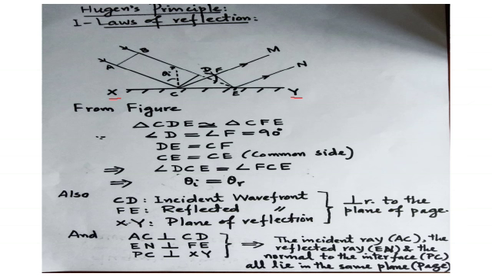So AC, this is one of the incident rays, and it is hitting the reflecting surface at point C. Secondly, this is a second ray which is labeled as BD, and it will hit the surface at point Q over here. So if these are the incident rays coming like this, then the incident wavefront will be perpendicular to these rays. So if you want to describe this whole story in terms of wavefronts,